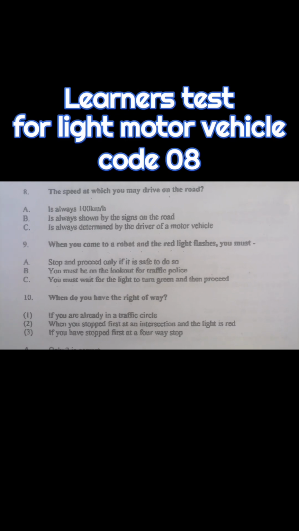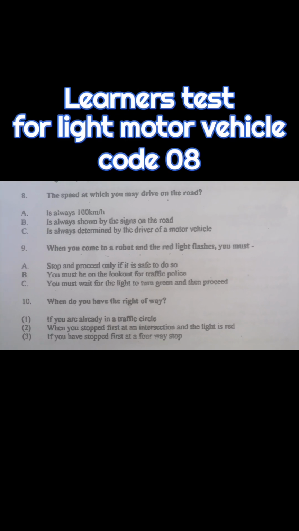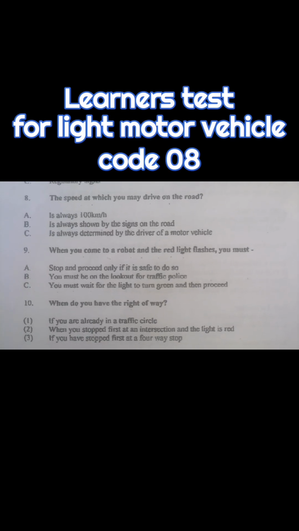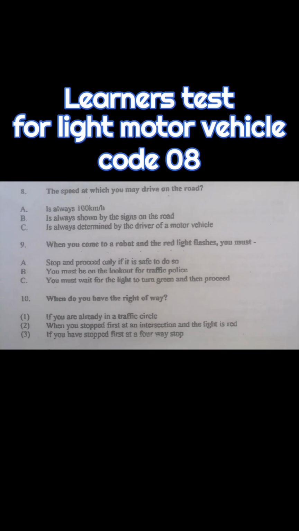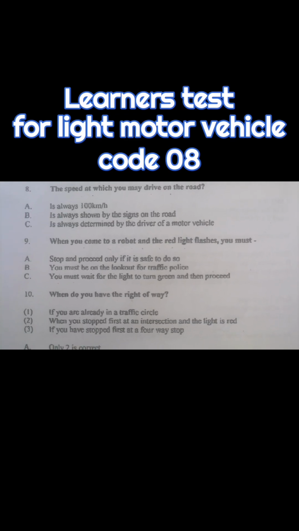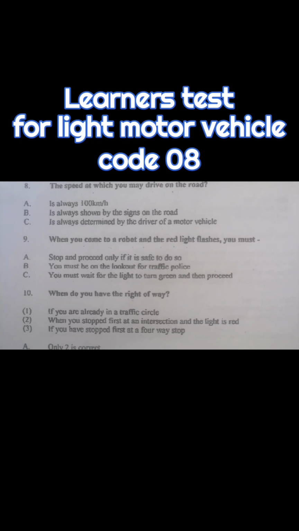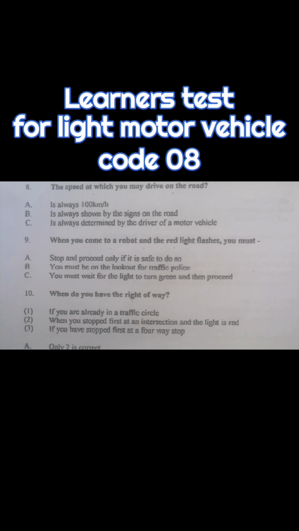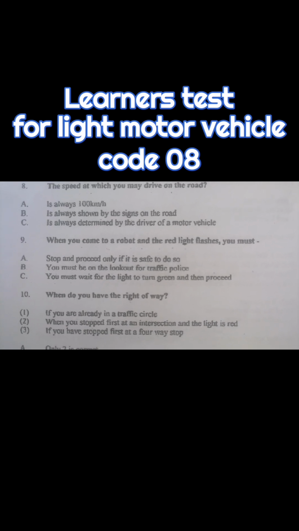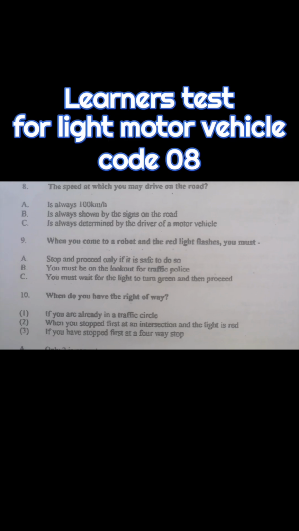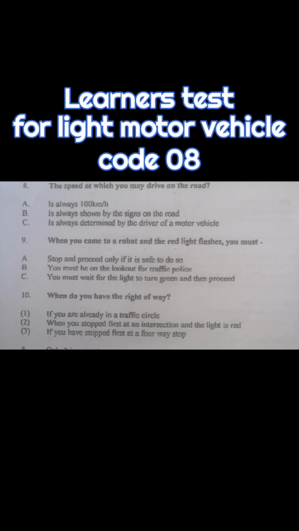Question number 9. When you come to a robot and the red light flashes, you must do something. Firstly, let's understand what it means when the red light flashes. It means that the robot is flashing irregularly, or that this robot is not working properly. So what happens at such a robot? It becomes a stop. And our answer is going to be A, stop and proceed only if it is